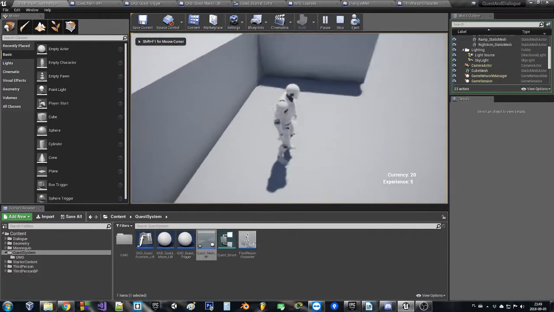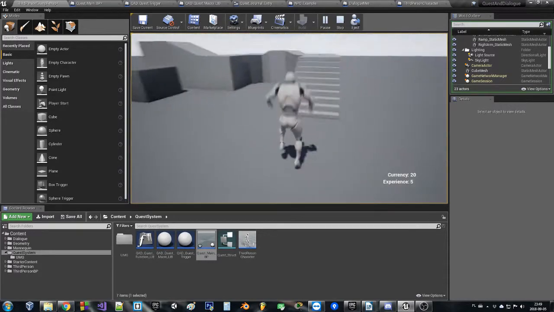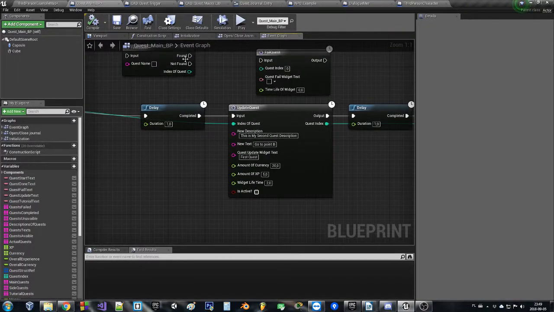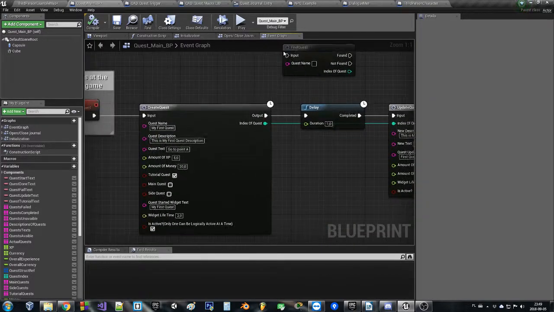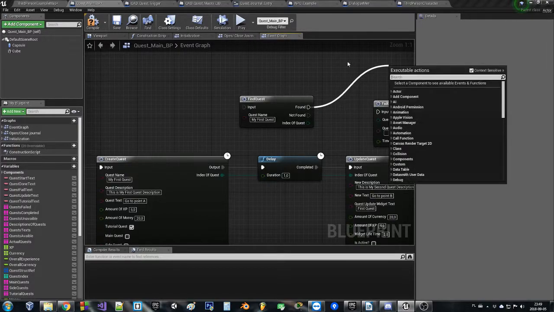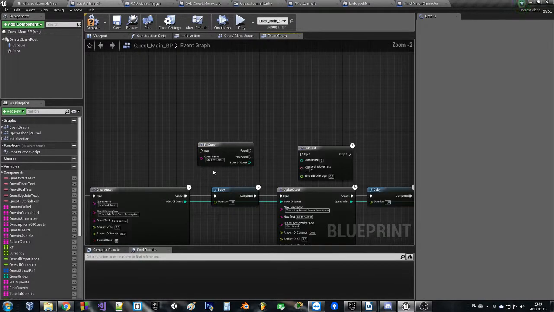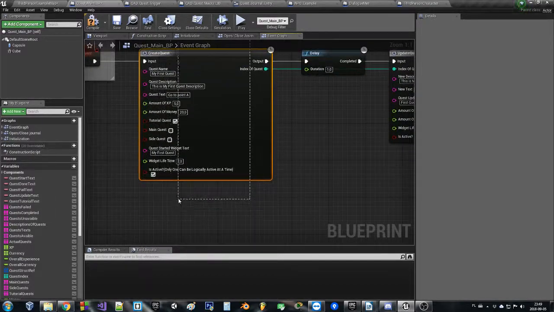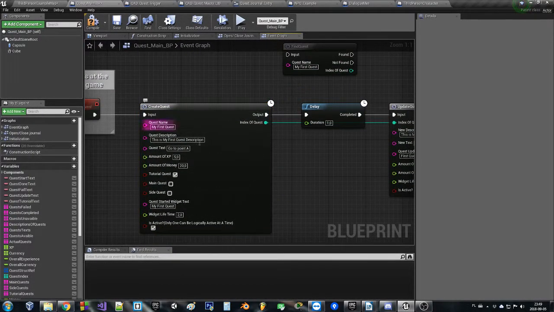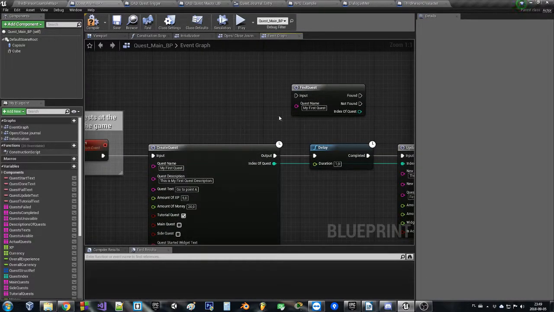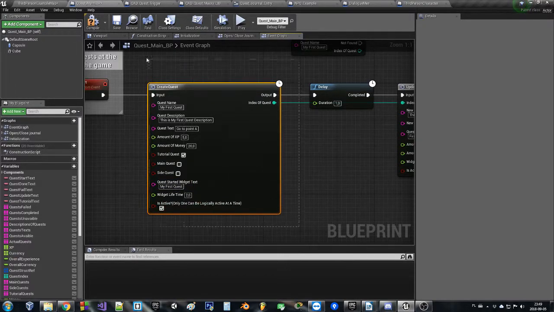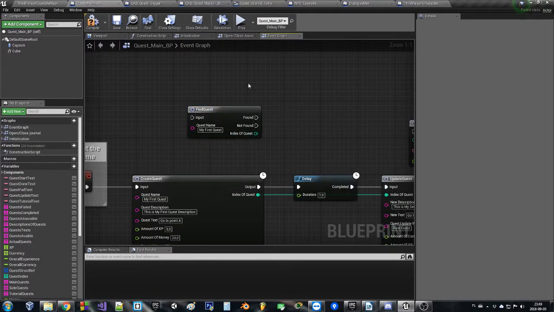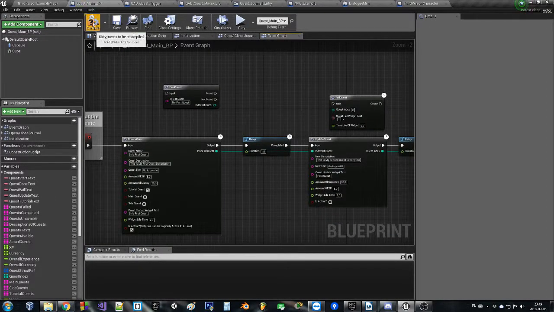I've got the currency, I've got the experience from it. This is really nice and simple, and same goes for failing and same goes for finding. We just simply put it somewhere in another blueprint, copy the name, and if it's found then we can do something, get the index or whatever we might want to do. Of course, if it's not created, we can, for example, say create quests. We can create quests whenever we want and in any blueprint. So for example, we can just create a trigger that creates the quest, and for example we go somewhere, and if the declared quest was created somewhere, then found, and do some amazing stuff. That's up to you guys. Alright, so now what we can do